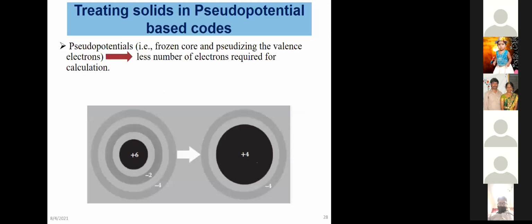Okay, so how we understand this is, this is for carbon. We have a nucleus of +6 charge, and we have an orbital of -2 charge, that is 1s, and we have our 2s and 2p, -4. So this is the real picture. So if you do consider the pseudo potential,